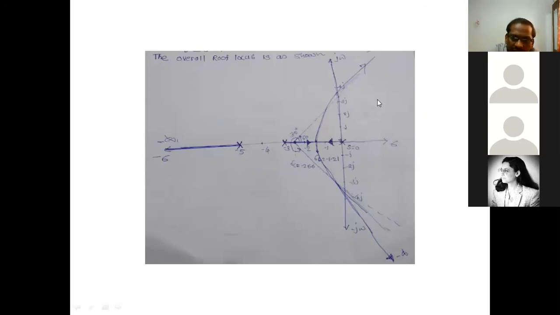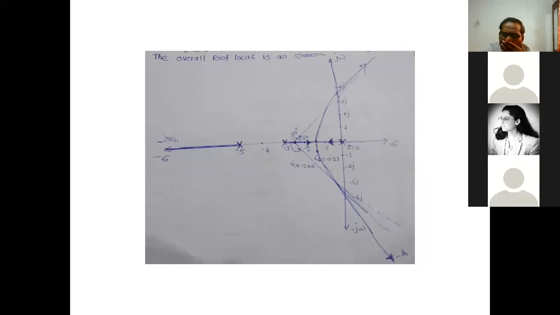Now looking at the nature of this root locus, how will you comment on system stability? Whether your system will be stable absolutely for the complete range of K? Haripriya? If all the poles are on the left side or on the y-axis, then the system will be stable. Now the root locus nature is there on the screen. Looking at that, can you comment? Yes, the system is stable. Stable for the complete range of K?